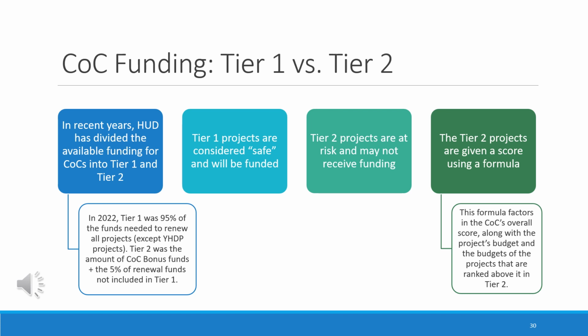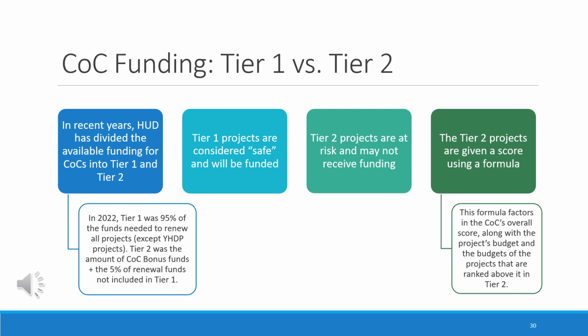HUD divides the available funding for CoCs into Tier 1 and Tier 2 using a formula outlined in the CoC NOFO each year. Projects that are funded through the amount available in Tier 1 are considered safe and will be funded. In 2022, Tier 1 was 95% of the funds needed to renew all projects. Tier 2 was the amount of CoC bonus funds available, plus the 5% of renewal funds not included in Tier 1. Projects that are funded through the pot of funds set aside for Tier 2 are at risk and may